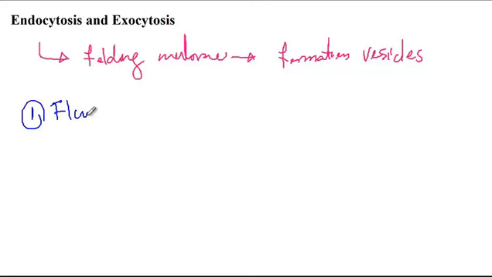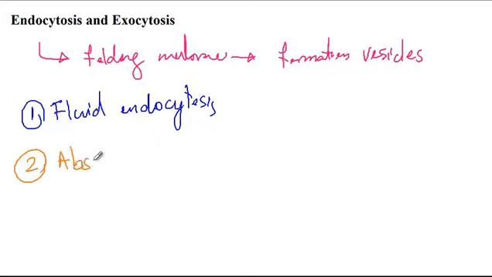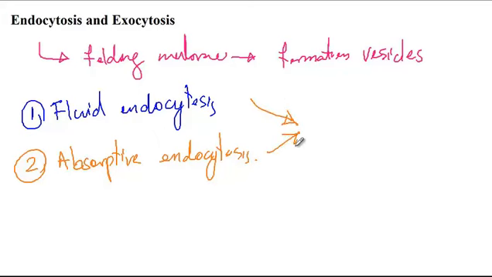Number one is fluid endocytosis, where the endocytotic vesicles basically only enclose the extracellular fluid. The second type is called absorptive endocytosis, where the extracellular molecules that are bound to the cell surface will get carried inside the cell. And both fluid endocytosis and absorptive endocytosis are sometimes referred to as pinocytosis because they would bring inside very